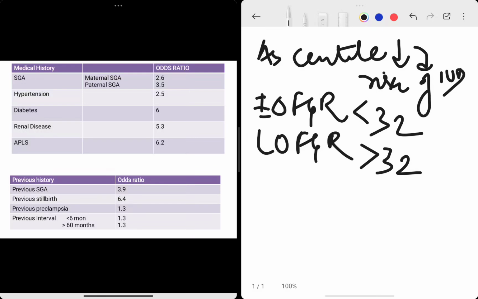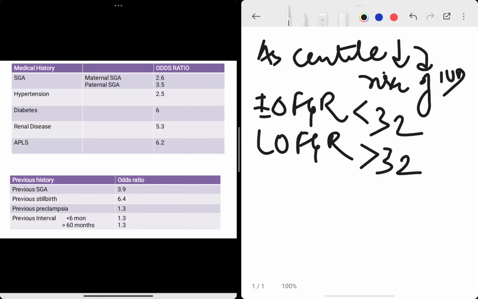Now for SGA, if the baby's mother was SGA, then the odds ratio is 2.6, and if on the paternal side his father also was small for gestational age, meaning the mother was also small for gestational age in her childhood, or the father was small for gestational age, then that also increases our risk. Then coming to the conditions, the medical history is important because this can be a hypertensive patient, diabetic patient,